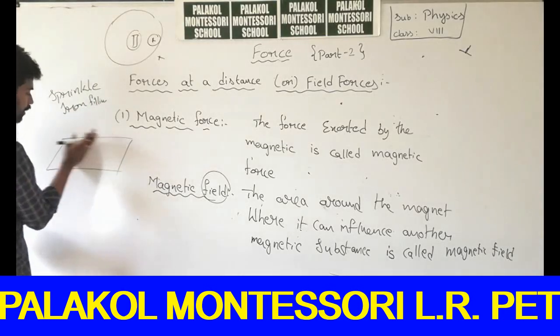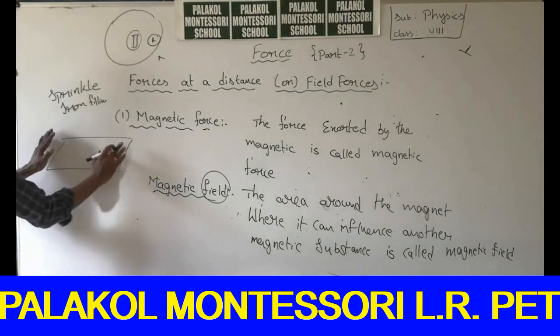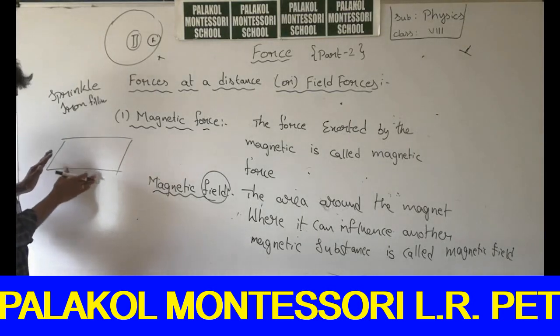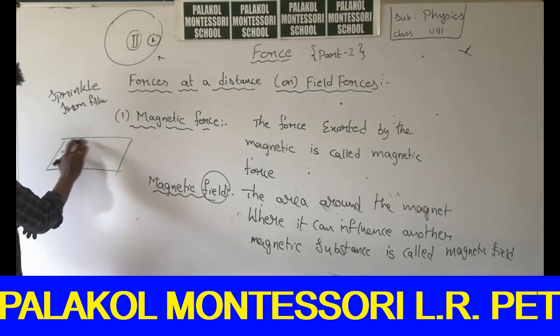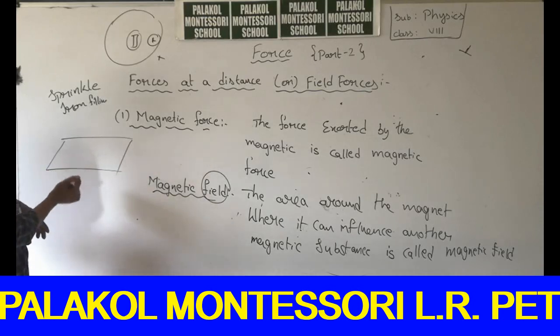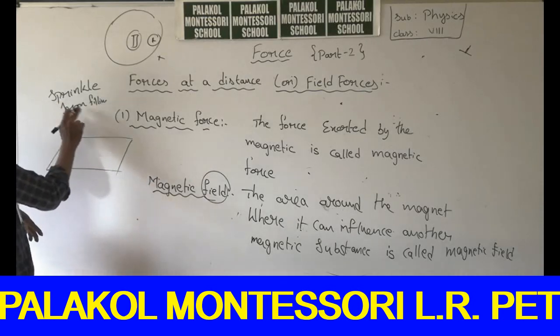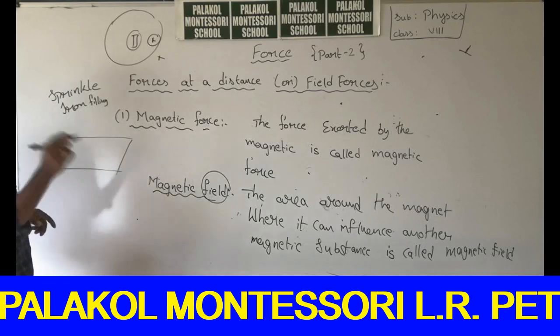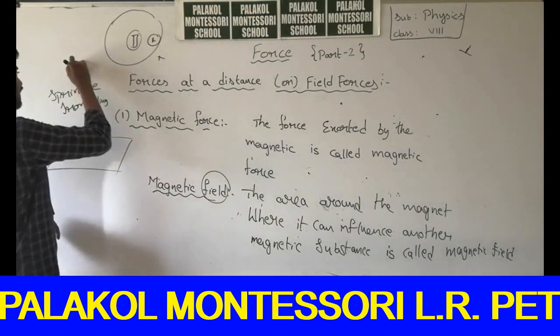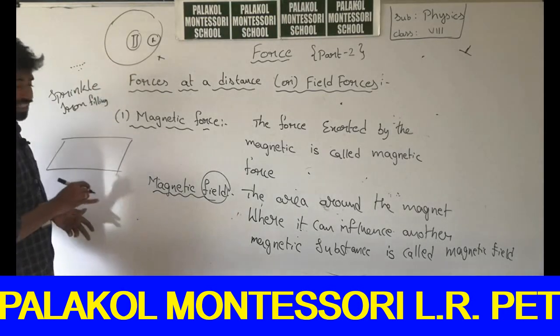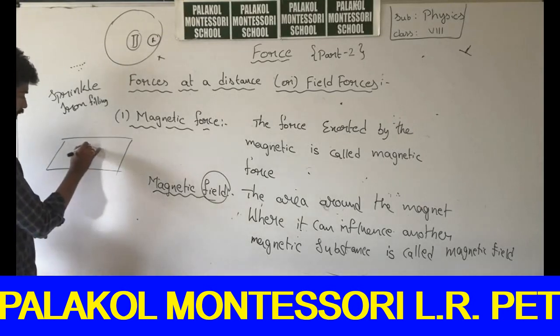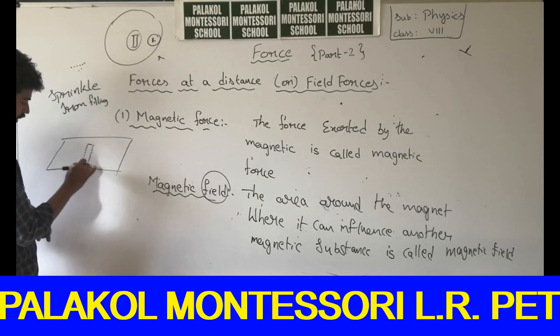So, what you will observe: you have kept a paper on the magnet. This is the white paper, and you have a magnet under this paper. If you sprinkle iron filings on this paper, iron filings means small iron particles. This is the magnet you have placed, which I was representing with a dotted line. It is placed under